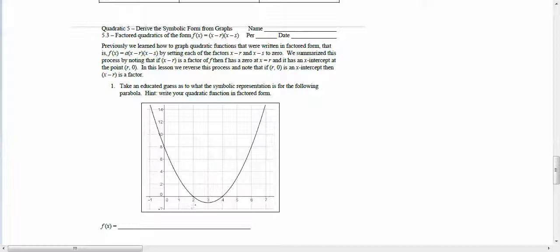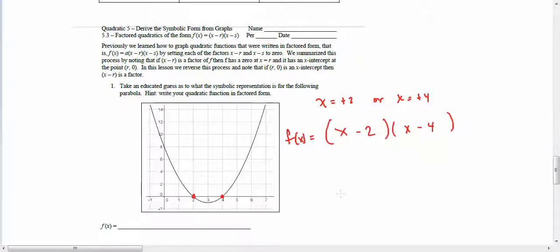We notice that on this graph it crosses at 2 and 4. So basically you know that it crosses at x equals positive 2 and x equals positive 4. After you've practiced this a little bit, it's pretty easy to see that your equation is x minus 2, x minus 4, and this is f of x. Now, this could be our equation, and actually I think it might be, but one of the things we really need to check is,